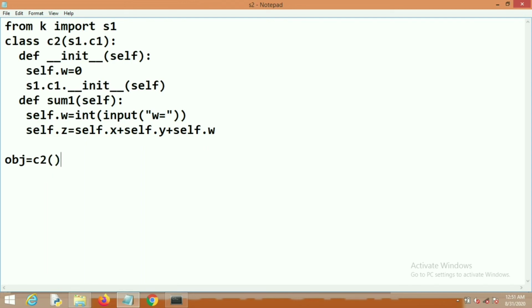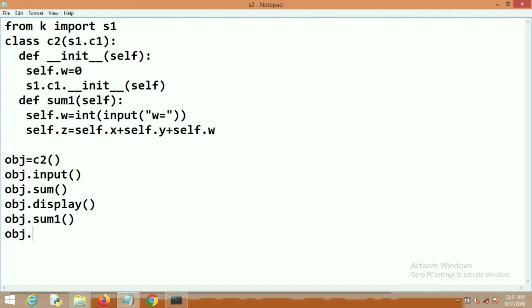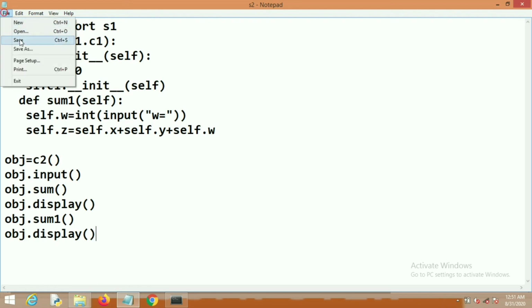Now create the object of the C2 class. Here we are calling both sum and sum1 functions. Now run this program.